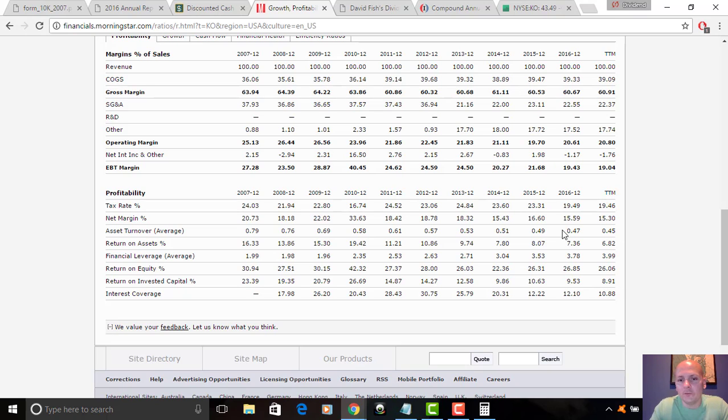So Coke continues to deteriorate their balance sheet, and again, it's not problematic. I'm not saying that, but I am saying that it's become worse than it was. And if it continues in this direction, it could become problematic for the company, especially when keeping in mind that payout ratio is so high. Dividend growth going forward is probably going to be limited. If they want to continue growing the business, they're going to have to be more flexible. So they continue to pull levers, and at some point you kind of run out of levers, and that might be a situation they're going to run into here in the next 5 or 10 years if they keep at this pace.